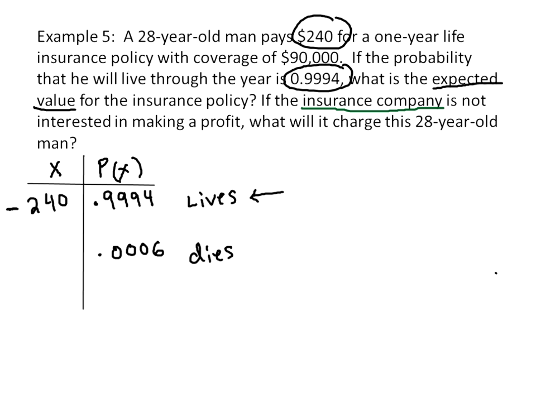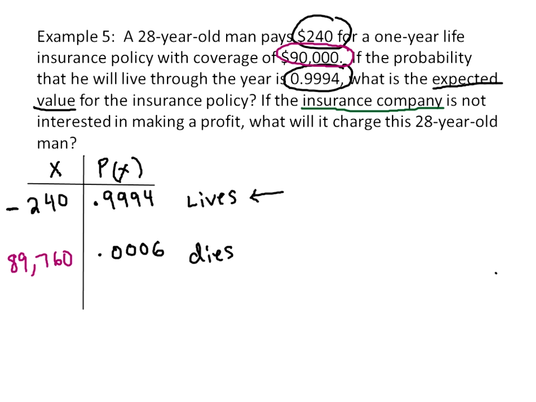So the random variable x would be negative 240. Now, what happens here is if he dies, there's 90,000 coverage. Now, he doesn't get the $90,000, because he's dead, but his family or his estate gets the $90,000. So what we would put here is the 90,000 minus the 240, minus what was already paid out. So that's how we come up with this